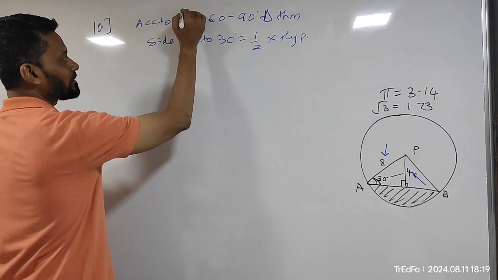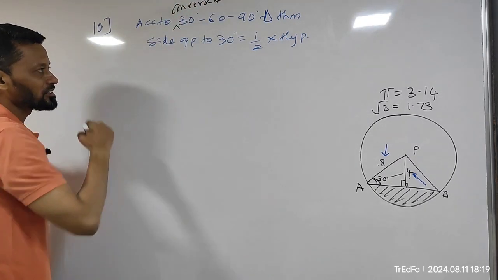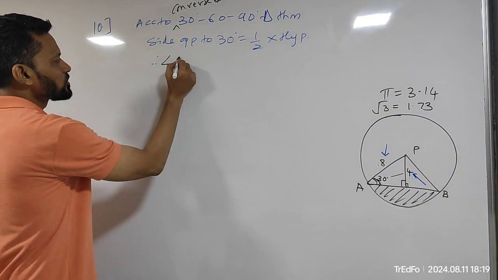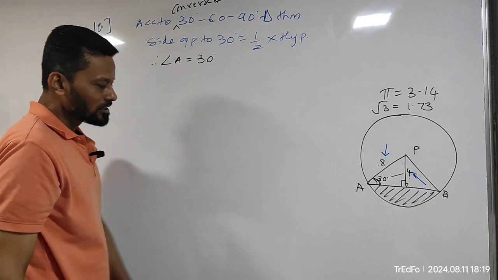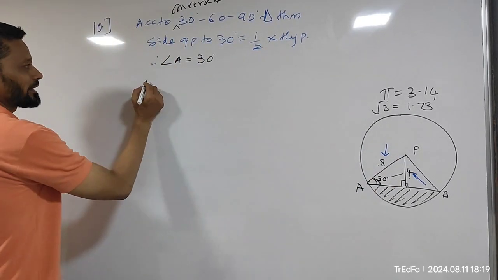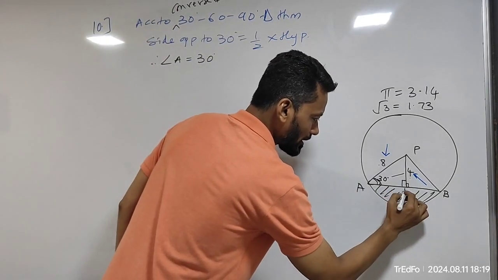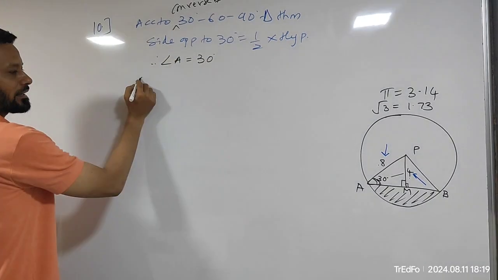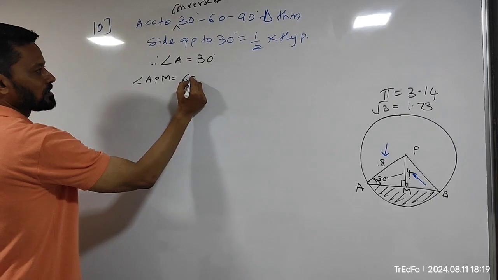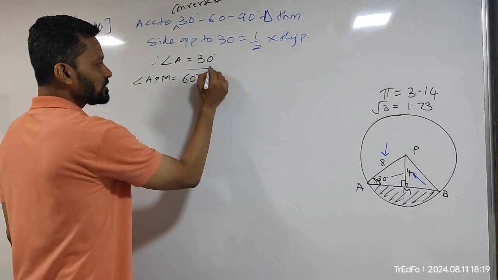सो यहाँ पे अकॉर्डिंग टू 30 60 90 ट्राइंगल थ्योरम, यहाँ पे हम लिखेंगे अकॉर्डिंग टू कन्वर्स ऑफ 30 60 90 ट्राइंगल थ्योरम, angle A, therefore measure of angle A will be equal to 30 degrees। यही कैलकुलेशन करके दिखाना है, ये 30 90। Now tell me what will be angle P in this case। अगर ये पॉइंट को मैं यहाँ पे एक लेटर एज्यूम करता हूँ M, सो मेरा एंगल APM will be how much? 60, because sum of all angles of a triangle is 180 degrees।